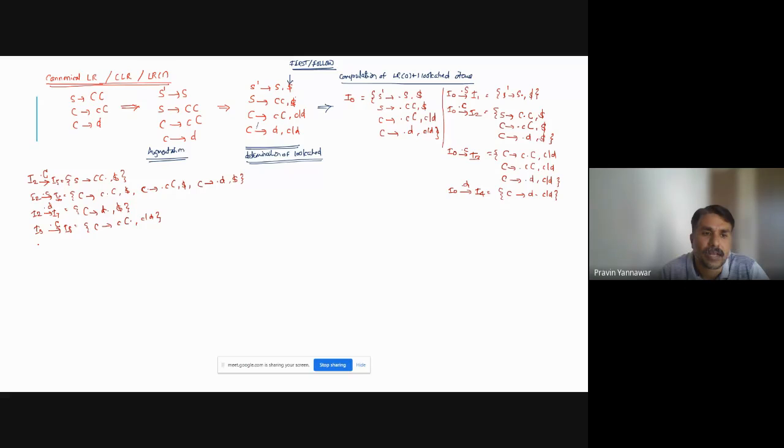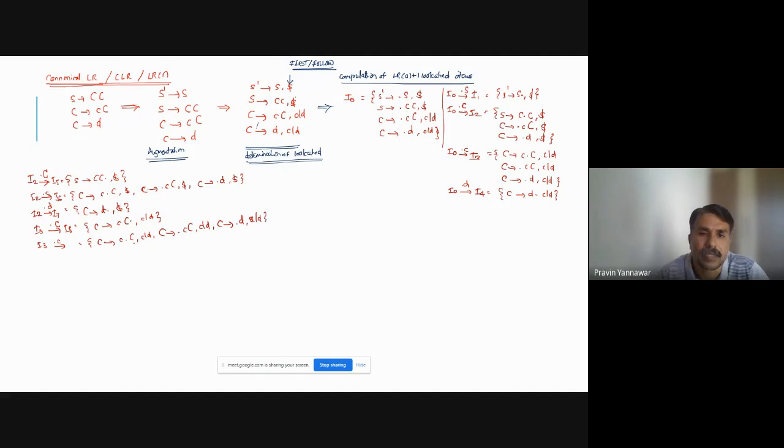Then I3 with dot small c again calls for a production, so C implies small c dot capital C, C by D. Since the dot is applied over C, C implies dot small c capital C, C by D, C implies dot D,